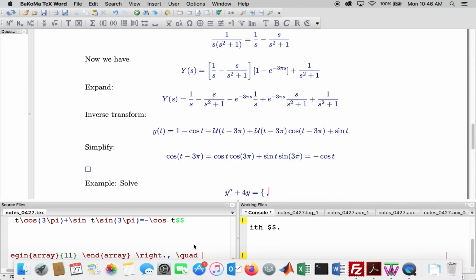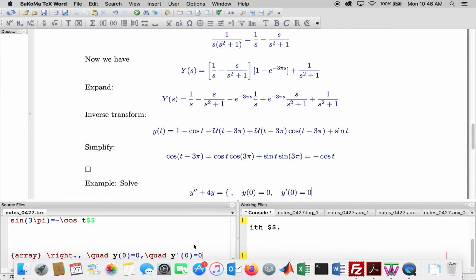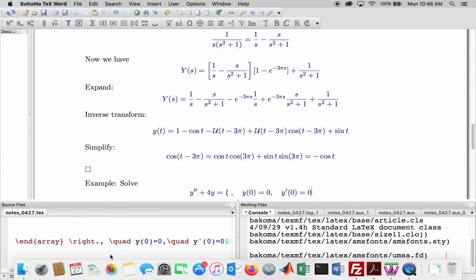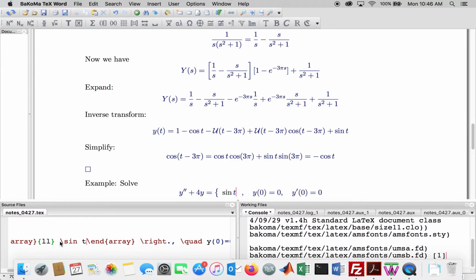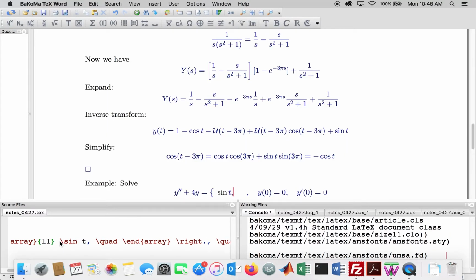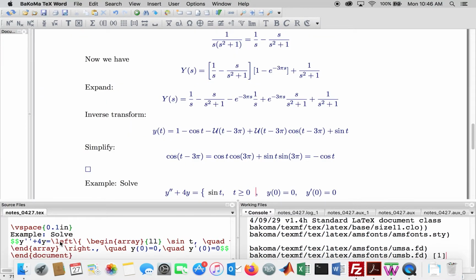First, initial conditions: y of 0 equals 0, y prime of 0 equals 0. Okay, so the right-hand side function is equal to sine t for t greater than or equal to 0, and then is equal to 0